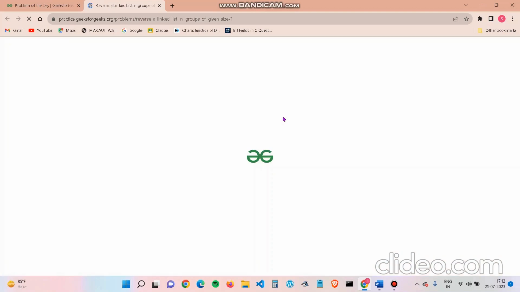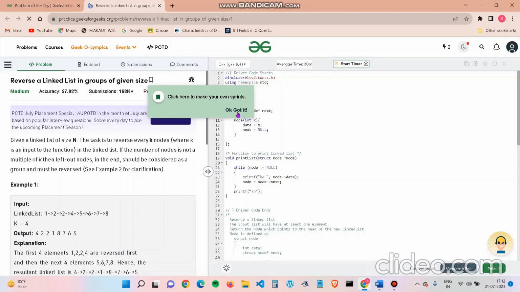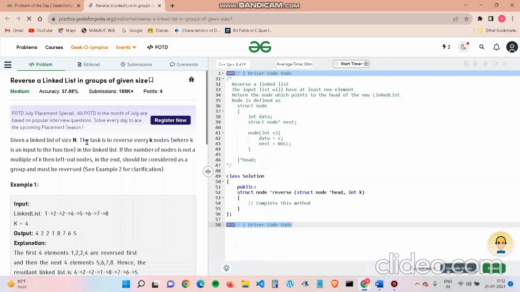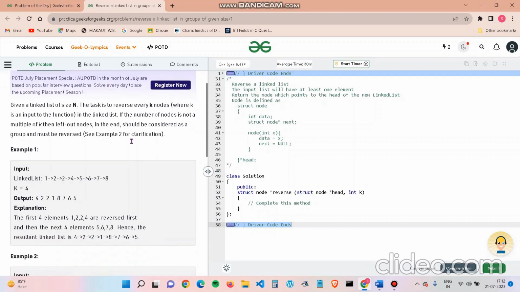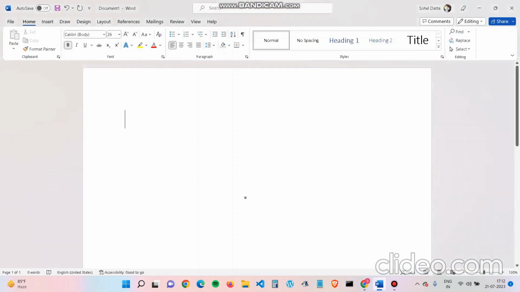So today we will be solving another problem of the day. Okay. So it says reverse a linked list in groups of given size. So we will be given a linked list. Let's take a quick example here. We are given a linked list